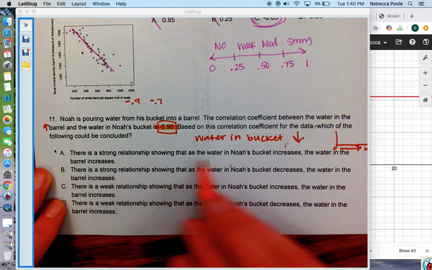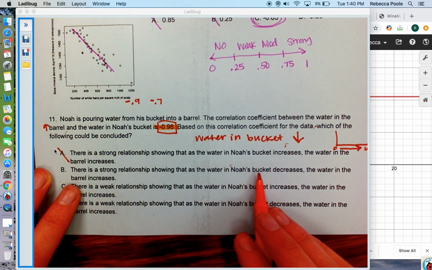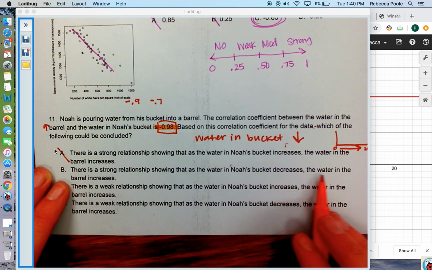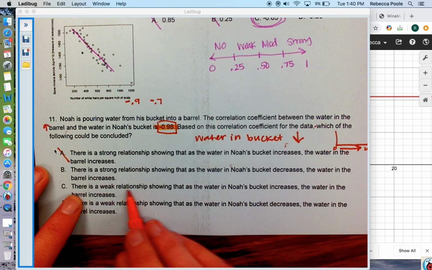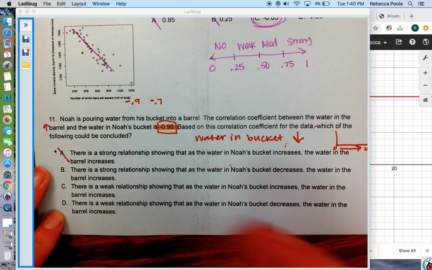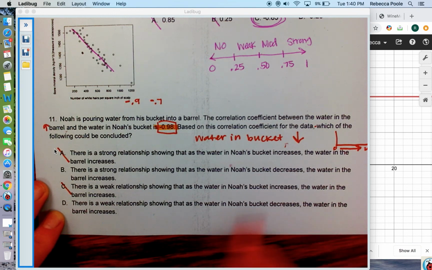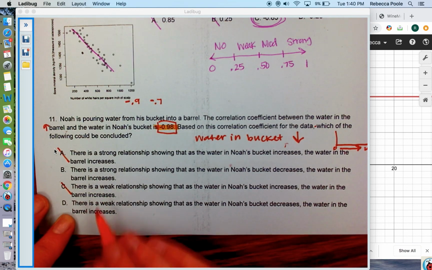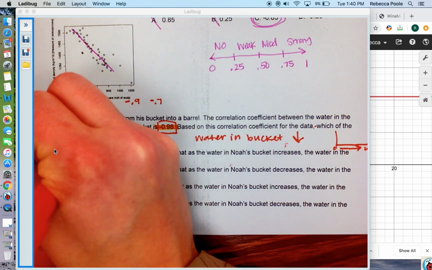So let's see. Water in Noah's bucket increases? Nope. Water in Noah's bucket decreases. Water in the barrel increases. That looks good. Good. So now between B and D, 0.98, is that strong or weak? That should be a strong relationship, so I'm going to pick